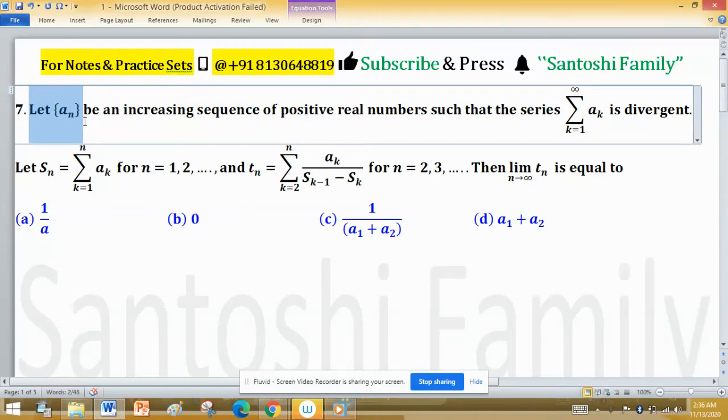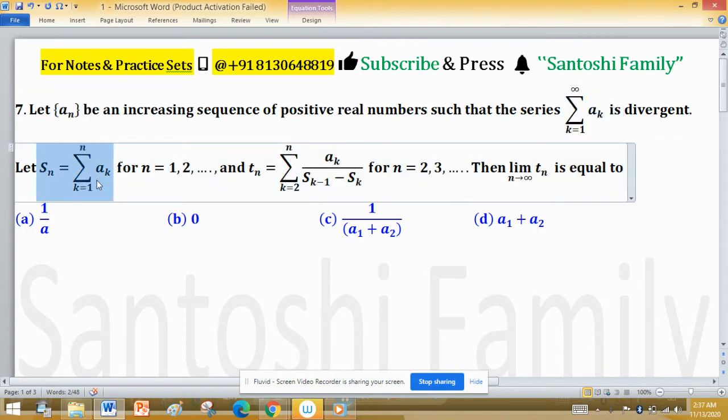Let an be an increasing sequence of positive real numbers such that the series summation ak is divergent. Then the sequence of partial sums given to us is Sn, defined as summation from k equal to 1 to n of ak, for n equal to 1 up to infinity, and Tn is also a sequence of partial sums